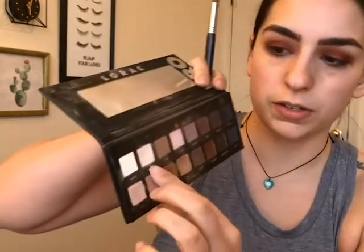Like that. Then I'm gonna take this brush that is from Sigma. It has no product on it, and I'm gonna take cream from the Lorac Pro palette, which is that guy right there. But it's just a nude shade, and I'm gonna put that in the crease, or excuse me, I'm gonna put that up on the brow bone, and then kind of, and it's a matte color, blend it just to help kind of diffuse that warmth,